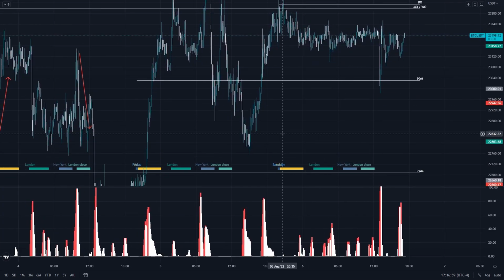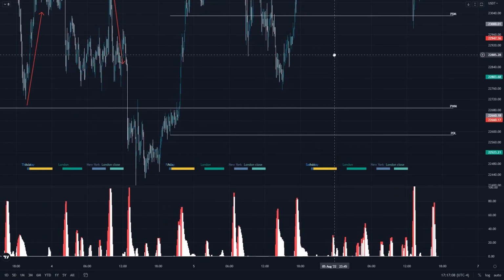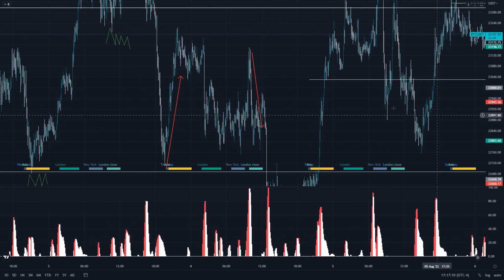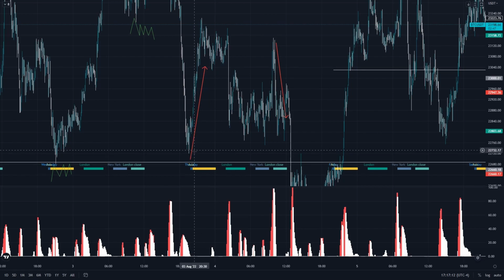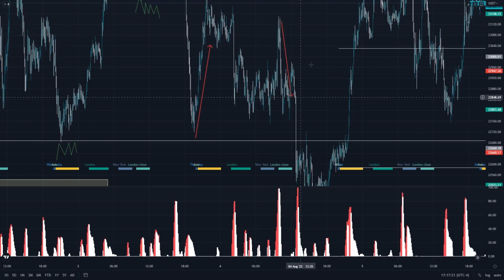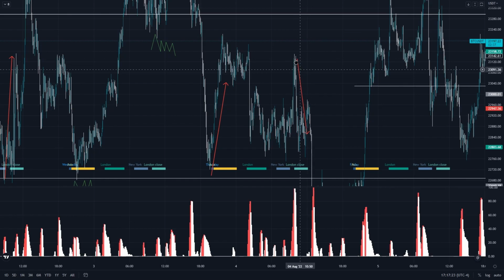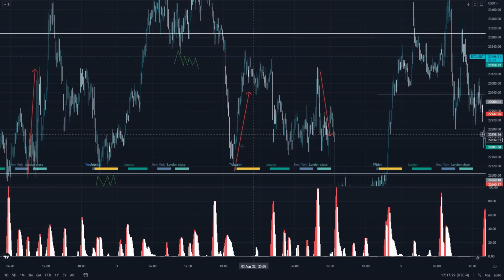So this isn't really that much of a set in stone strategy, rather an observation to add confluence and such. Yeah, so I'll get into it. So basically, the theory is that the direction of Asia, right? Let's say here, direction is clearly up, and then London close is usually against it. So London close, you can counter trade it against Asia, and the theory is that this is not really a